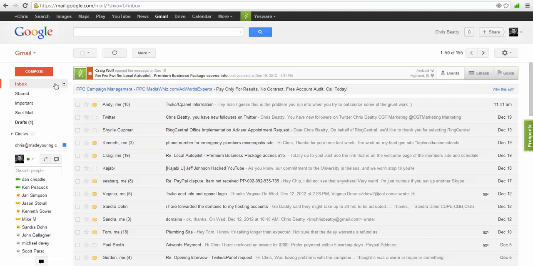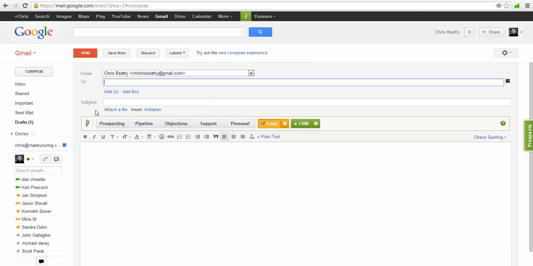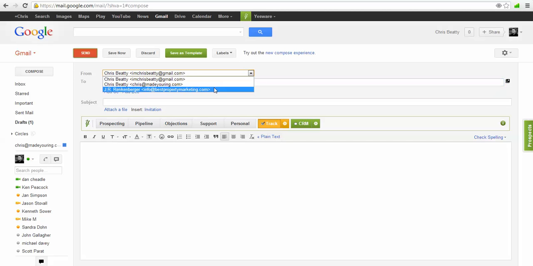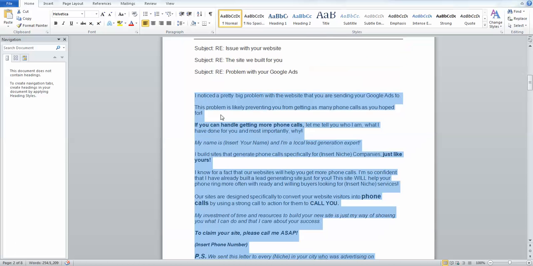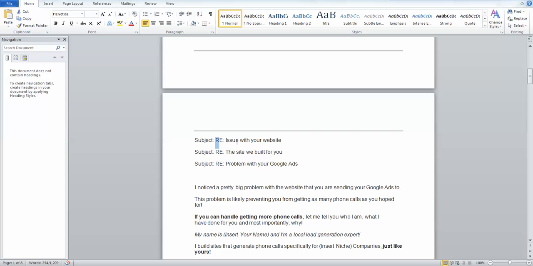And so what you do to send out an email that's going to be tracked, guys, you head over to compose an email, and then you're going to put in the email address. I'm going to use another email address of mine. I'm going to send it from my business account, and then for the subject line, I'm just going to grab one of these. So let's just go back to the report, copy this one over,